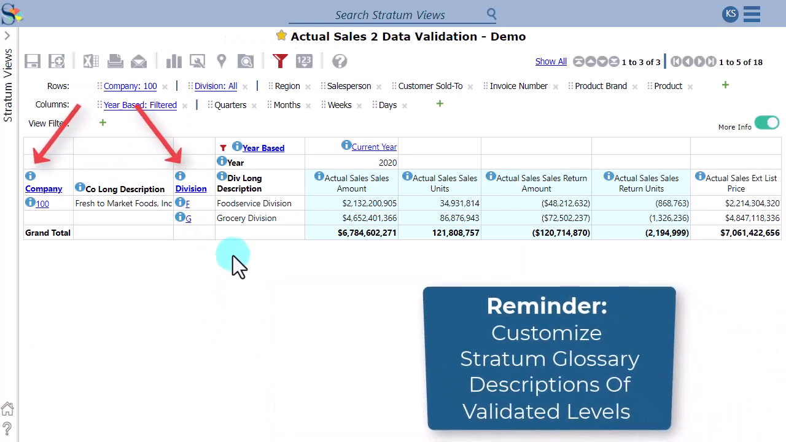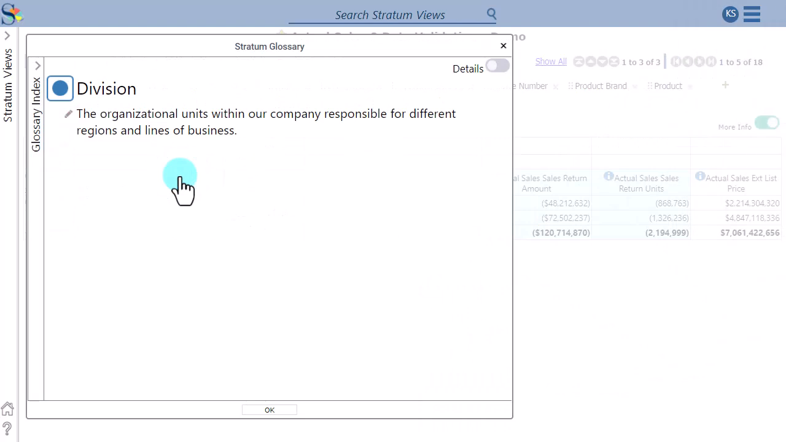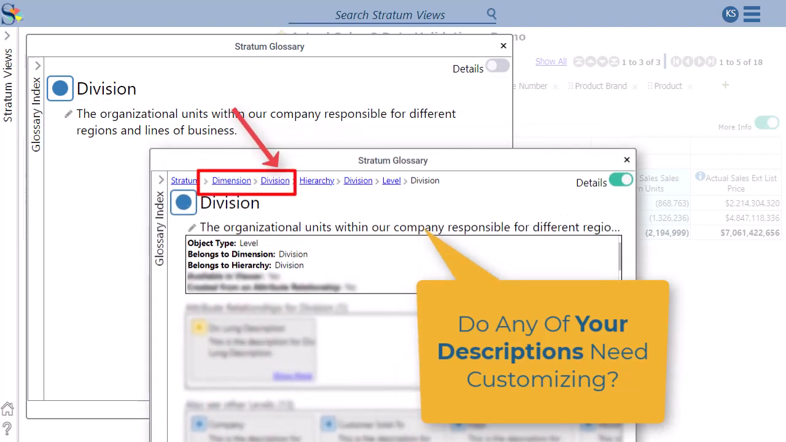Don't forget to check the descriptions of validated levels in the Stratum glossary, accessed from these More Info icons in the view or the main Stratum menu. Add meaningful descriptions if they don't exist. You can do the same for a level's hierarchy and dimension descriptions by navigating to them in the glossary too,